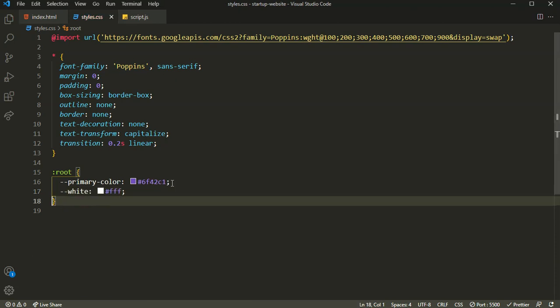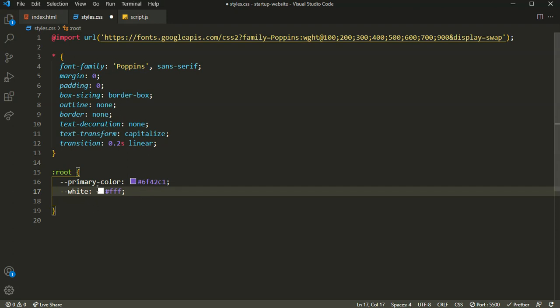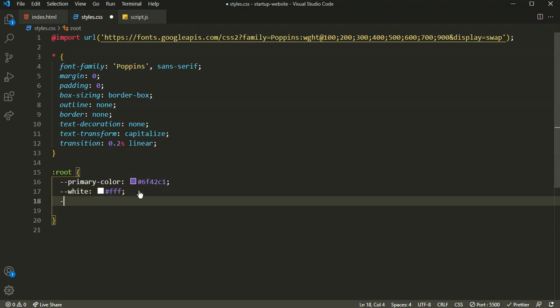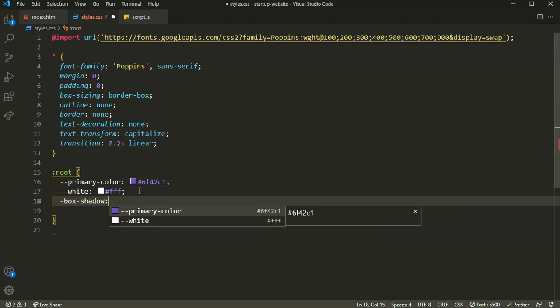As you can see, we'll be using these colors in lots of places, so I'll be creating variables. I'll also be creating a box shadow variable,